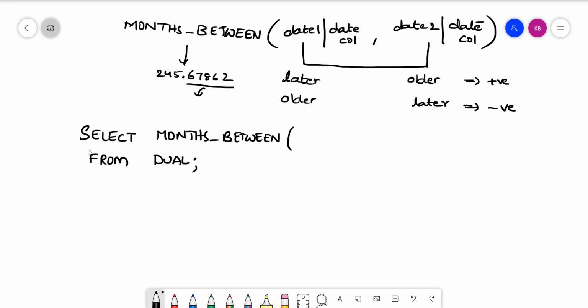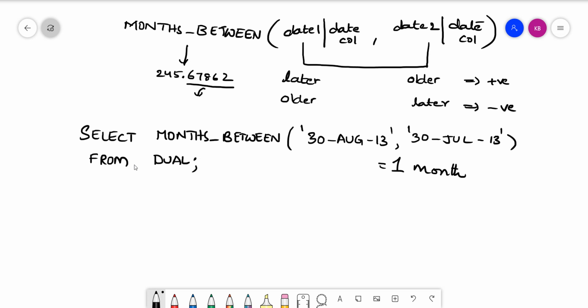Suppose I provide 30th August 13, comma, 30th July 13. Now in this case, what is the difference between these two months? It's July to August, right? So we will be getting the value as 1. There is exactly 1 month difference between them, right?